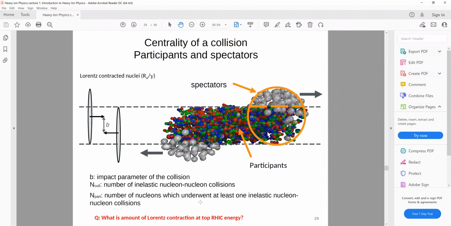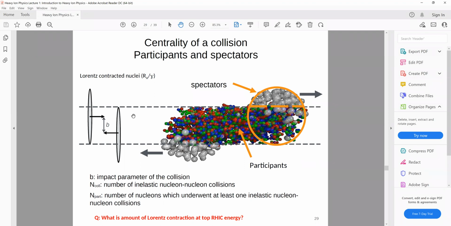but there is no contraction in the xy direction because it is perpendicular to the motion. And we know from the Lorentz transformation equations that quantities remain the same in the direction perpendicular to the frame velocity, right? So basically, they will look more like a thin disc or thin cylinder. That means you have a circular profile, and then it gets contracted along the longitudinal direction. So when two nuclei collide, you can consider it as a collision between two circular discs.